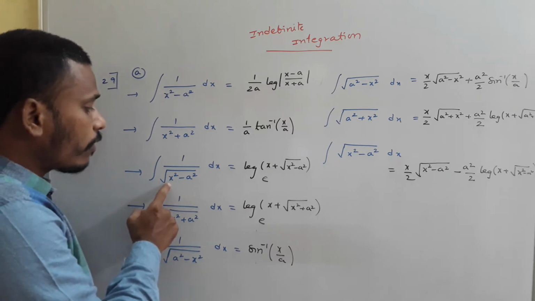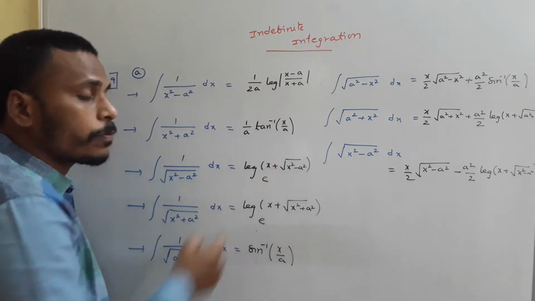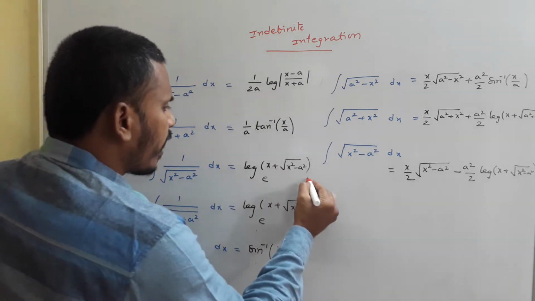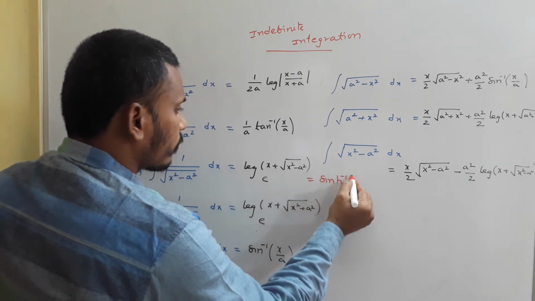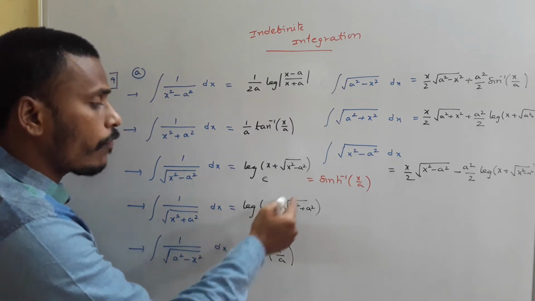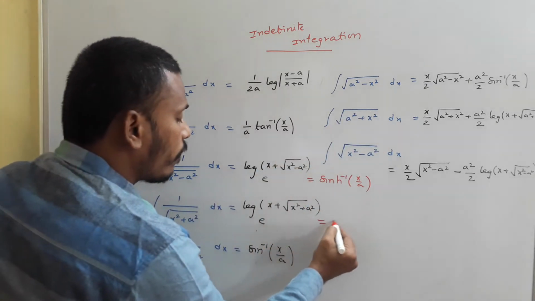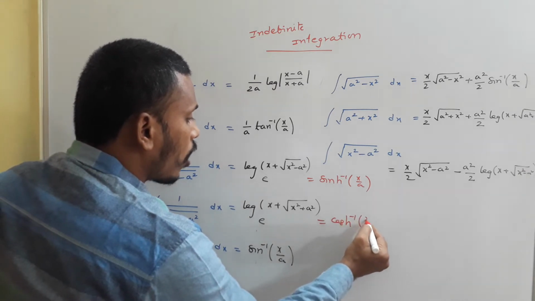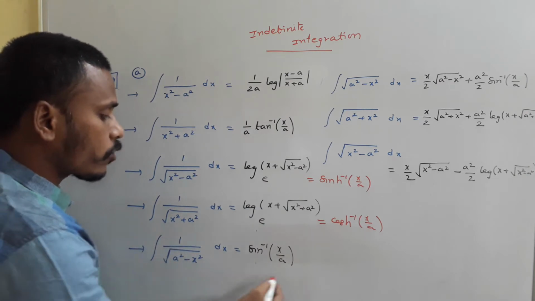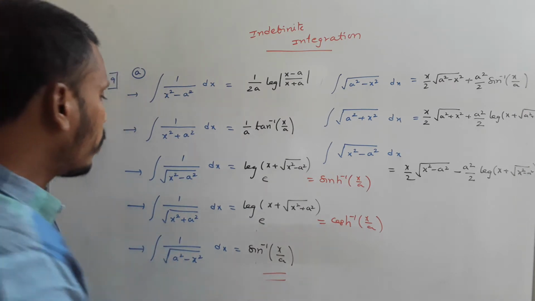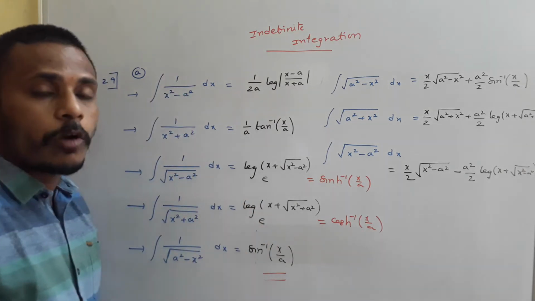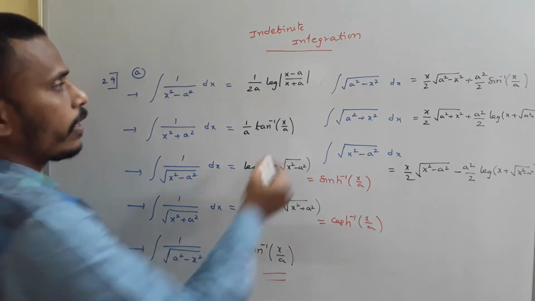Integral of 1 by root of x square minus a square is the logarithm of x plus root of x square minus a square base e, or we also write it as cosh inverse of x by a. And for 1 by root of x square plus a square, it is the logarithm of x plus root of x square plus a square base e, and there is a chance of writing it as sinh inverse of x by a plus c, the constant of integration. And integral of 1 by root of a square minus x square is very well known to us, sin inverse of x by a. The integration formulae for all these functions are very important in answering many questions. I will give you some problems now.